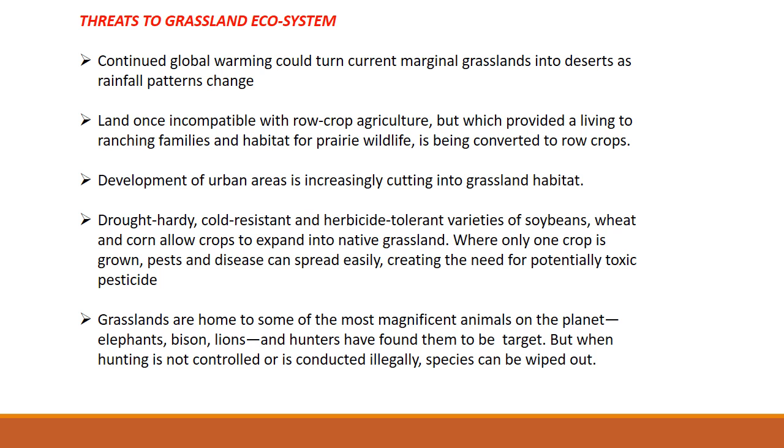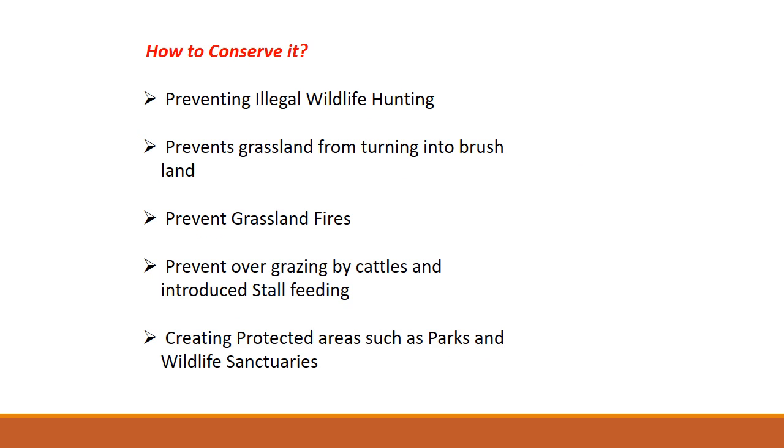Drought hardy, cold resistant and herbicide tolerant varieties of soybean, wheat and corn allow crops to expand into native grassland. Where only one crop is grown, pests and disease can be spread easily, creating the need for potentially toxic pesticides. Grasslands are home to some of the most magnificent animals and hunters have found them to be a target, as hunting is not controlled or is conducted illegally. With this threat for grassland ecosystems,